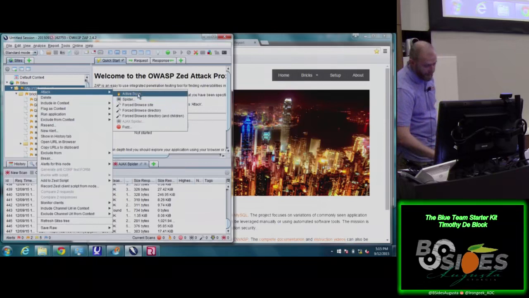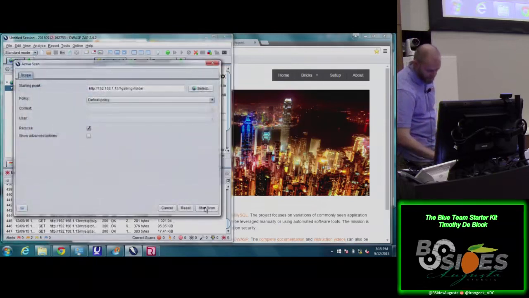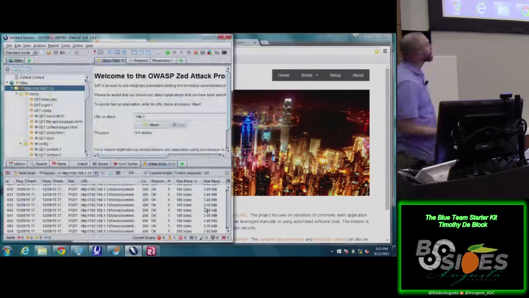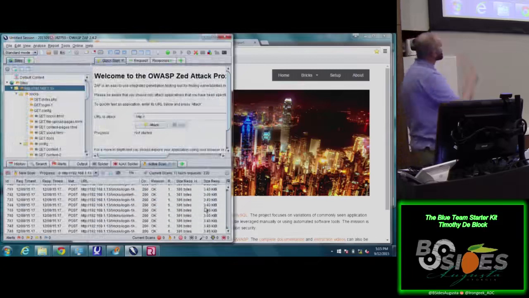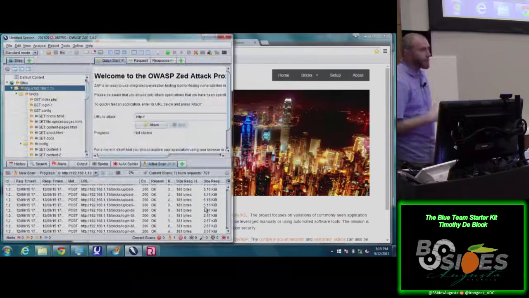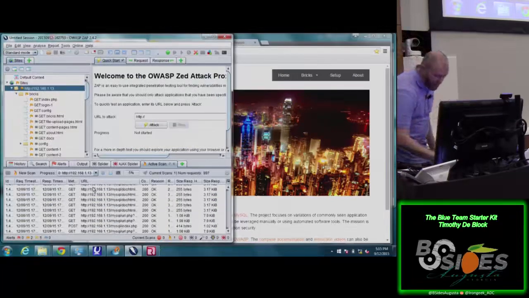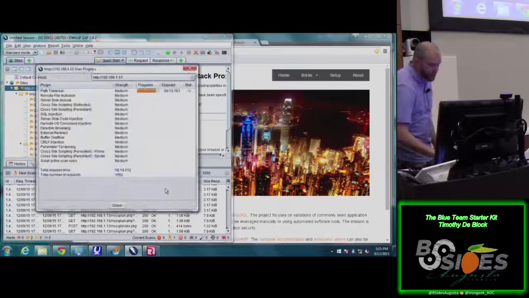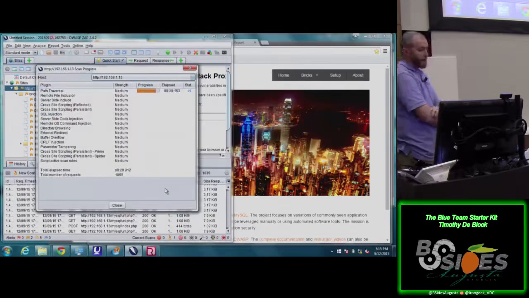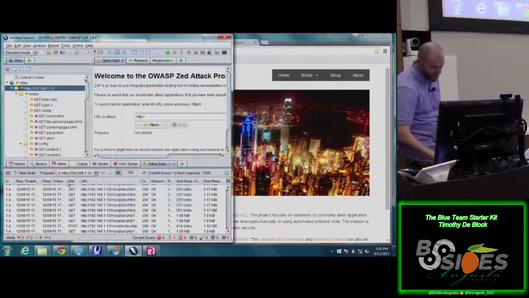Then you want to run your active scan. We'll leave it on the default, but you can see some advanced options there. Like I said, this is just scratching the surface. You can go much deeper and fine tune some of this stuff for whatever testing you want to do. And here you can see what Zap is running through. So right now it's running through path traversal, then remote file inclusion. It'll run through SQL injection, and this active scan can take a while to run.